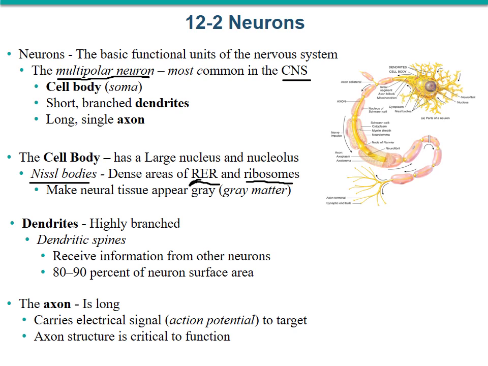The purpose of the Nissl bodies is, as I said, production of proteins within the cell, but they are also the reason that gray matter appears gray. So when you looked at the brain, for instance, and you noted that in the cerebral cortex and in the outer layers of the cerebellum, there were areas that were gray matter. Those were areas that were really dense in rough endoplasmic reticulum and ribosomes, and so they would be highly involved